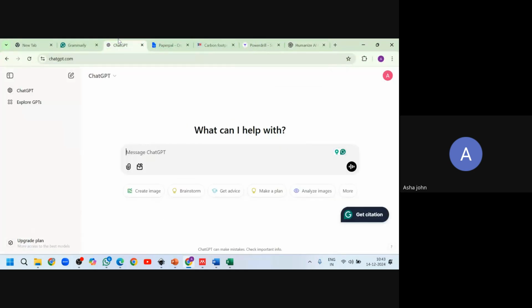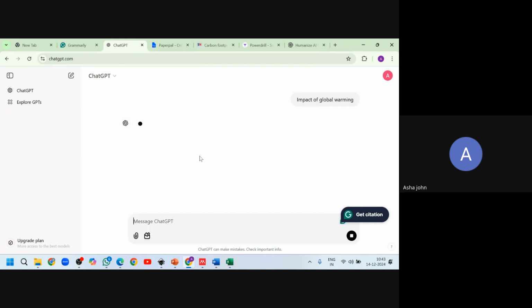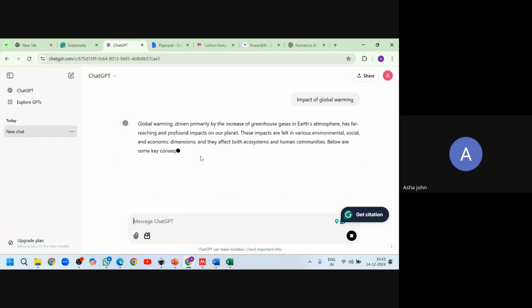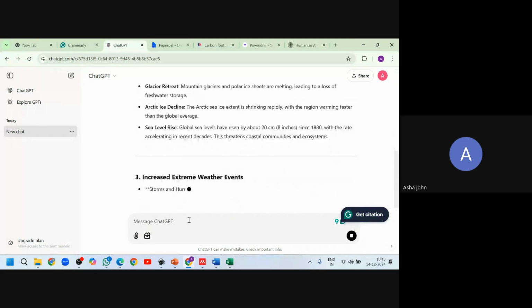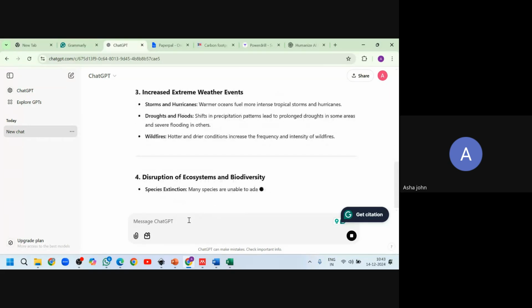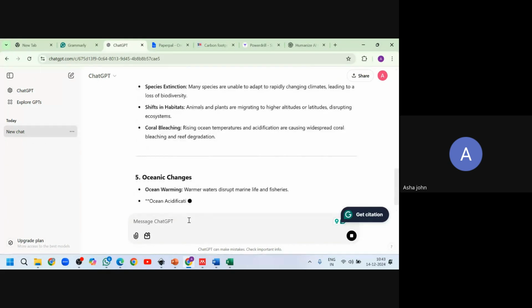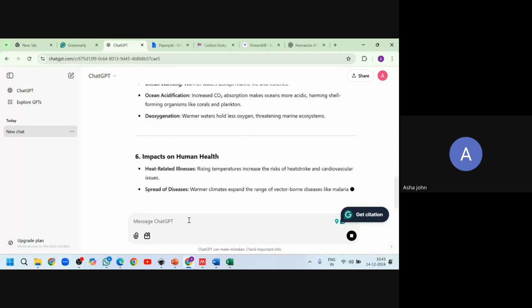So I'm going to go to ChatGPT and ask what is the impact of global warming. I'm just going to type that and enter. I'm given a very big content, but it is not at all in the format which I want. I'm going to ask ChatGPT,